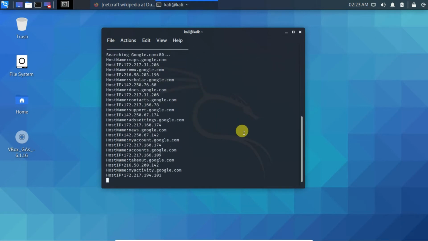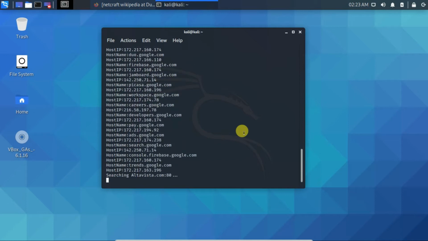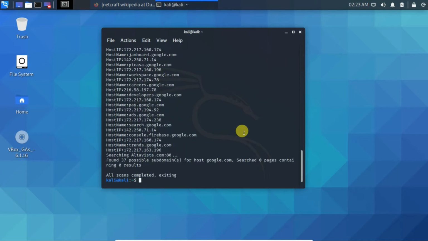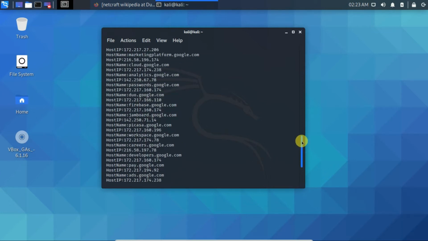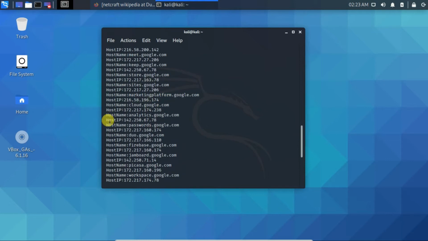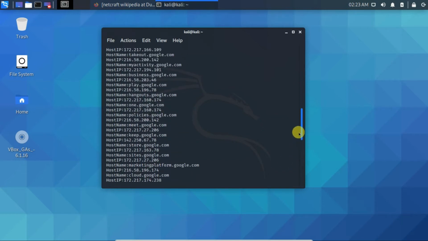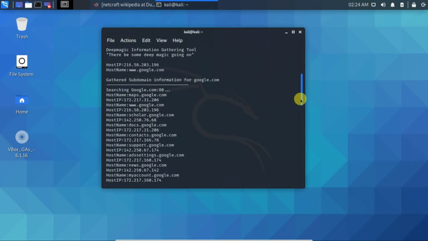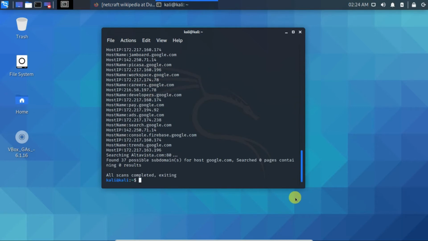See, that's it. We have found 37 subdomains for the host google.com. Some of these you may know, for example, accounts.google.com, passwords.google.com, do.google.com. Some of you may be aware of this, some of you may not be. But right now we know that Google has 37 subdomains.